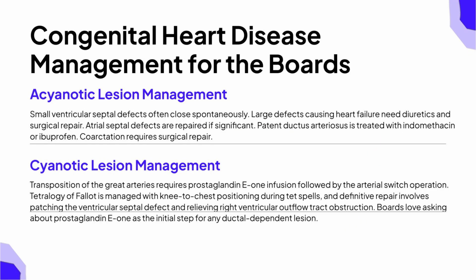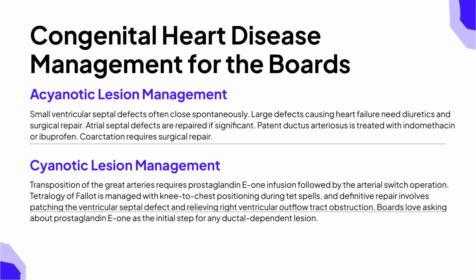Let us review congenital heart disease management for the boards, because this comes up constantly. For acyanotic lesions, remember that small ventricular septal defects often close on their own and just need observation. Large defects causing heart failure are managed initially with diuretics like furosemide and caloric supplementation, followed by surgical repair when